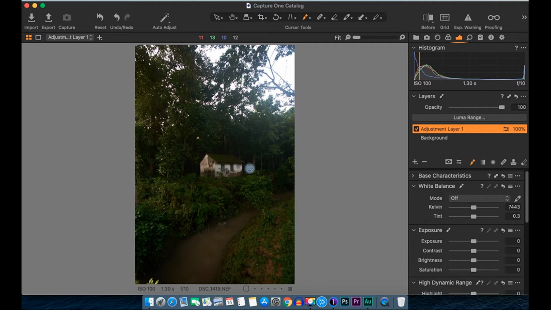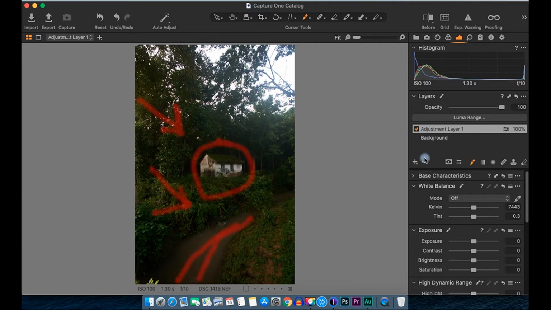This water stream creates a leading line which takes our eye to the main subject. And if you observe, the light is falling from left to right, and it is slowly gradating in this area.